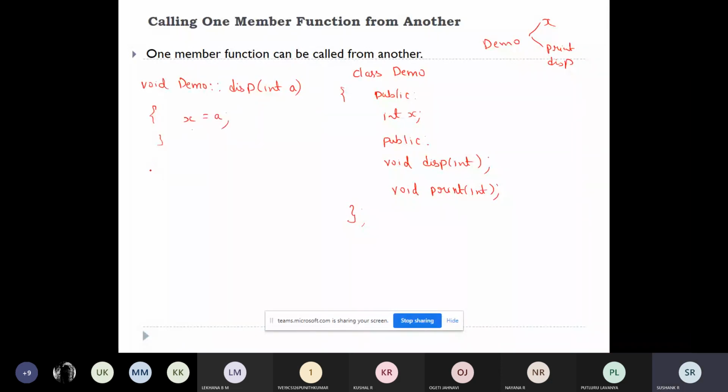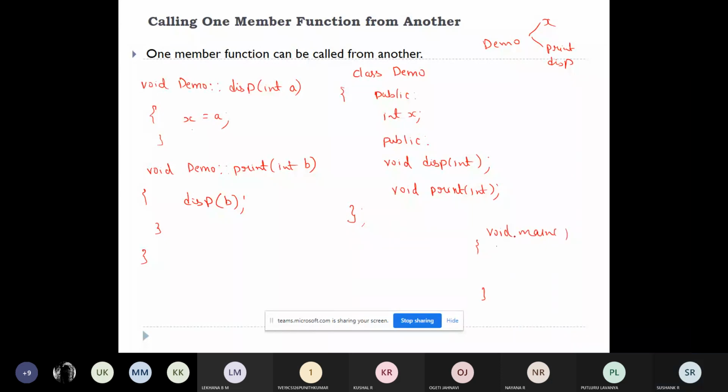After this, I'll write one more function, void demo, another function, print. It will contain a variable called b. Inside this function, I will call the display function, which takes a parameter that I'm passing through b. That's all.